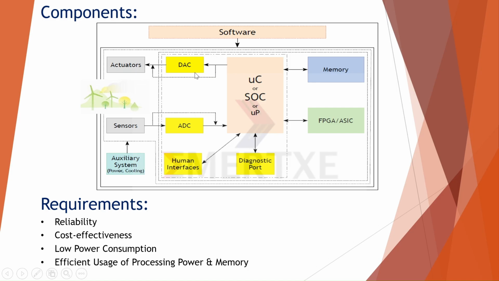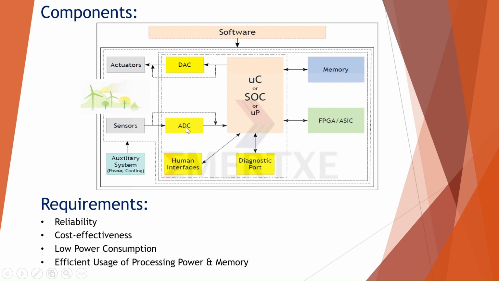Components of the embedded system. Here are the components of the embedded system. Firstly, we have a microcontroller, system on chip, or microprocessor. Then all the other components are connected to it, like memory. Then an FPGA or an ASIC, application specific integrated circuit, is connected to it. Then we have